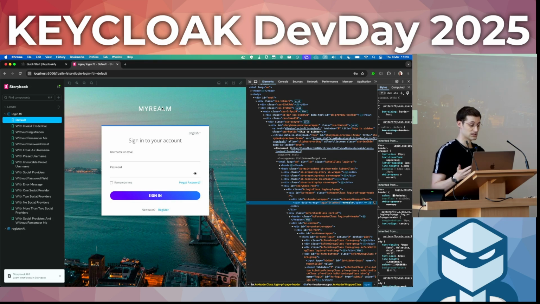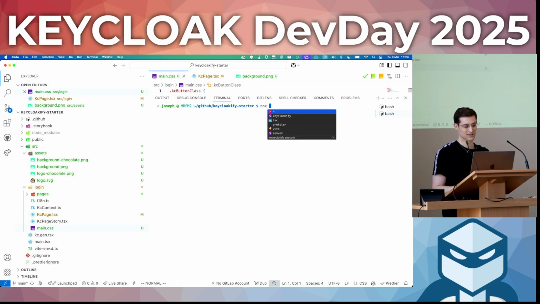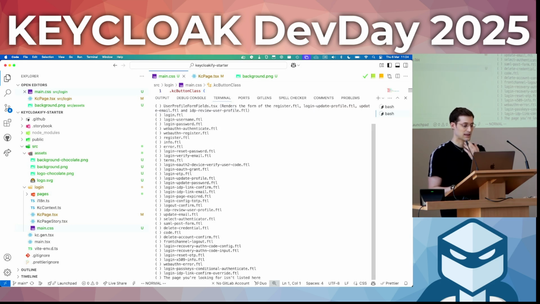I could do it with CSS like I just did, but let's say I want to customize at the HTML level. I want to replace this span here by an image element. So to do that, I can just ask Keycloakify to eject some pages. So npx keycloakify eject-page, and it's gonna ask me to select,